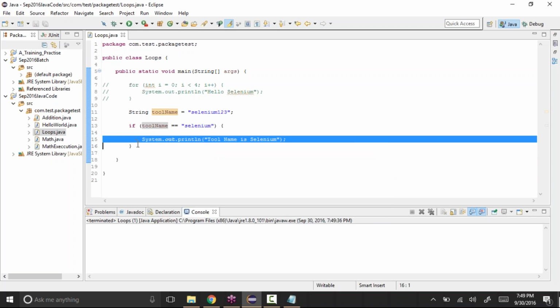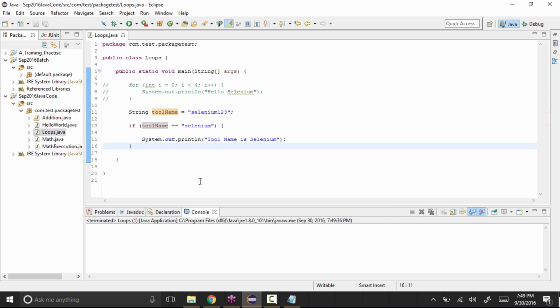And so this is just the if condition. And let's say if that condition becomes false, what you can also have is, if it is true, do this. If it is not true, then do something else. So we can also have that here. All we need to do is type else, open the bracket, close the bracket, like this.